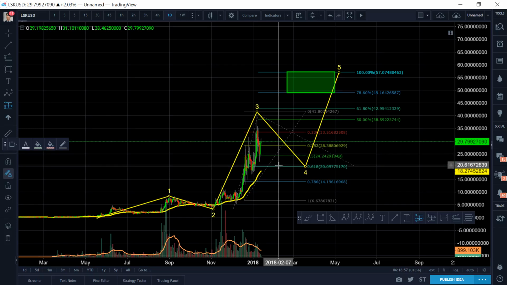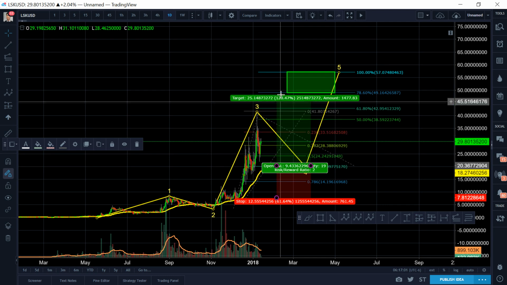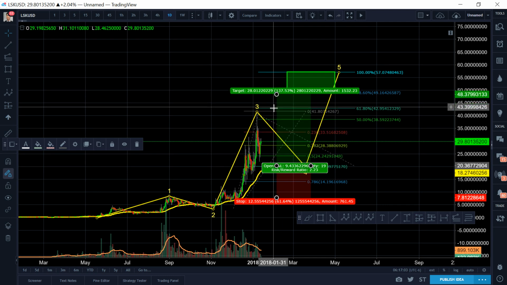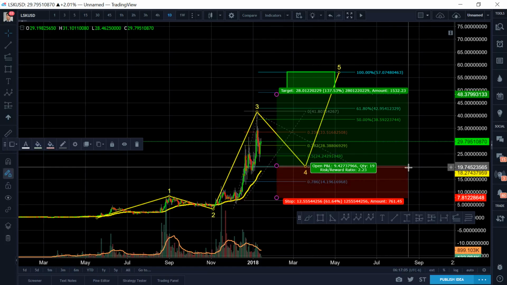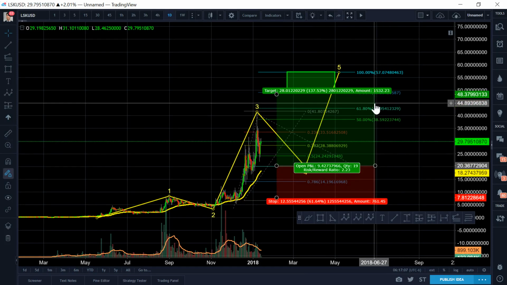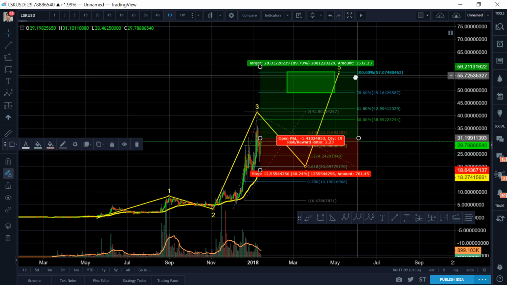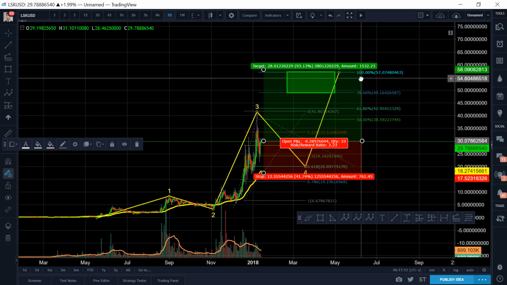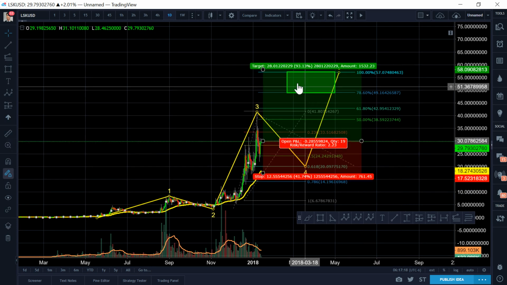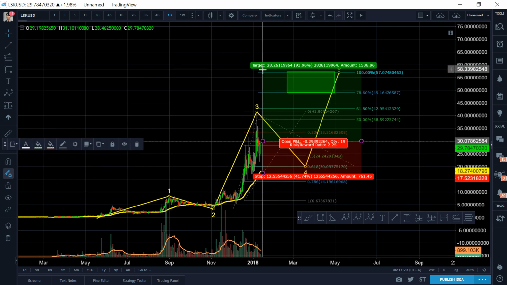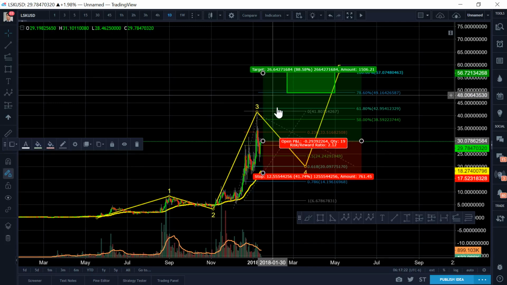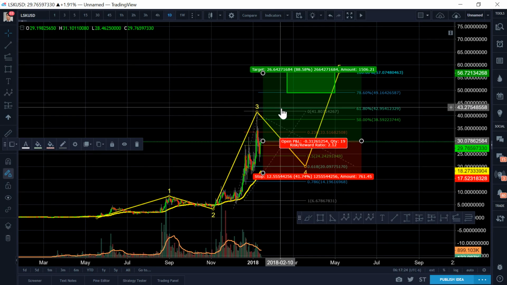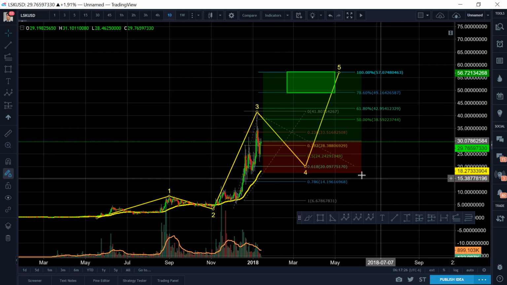or not. But assuming worst case, even if it hits 20, we're talking about a minimum of 130% gain in the future, right? And the worst case scenario, if this channel does hold, and this Fibonacci level is right there, and you even entered at say $30, after we've confirmed the channel holds, that's still an 89% gain there,